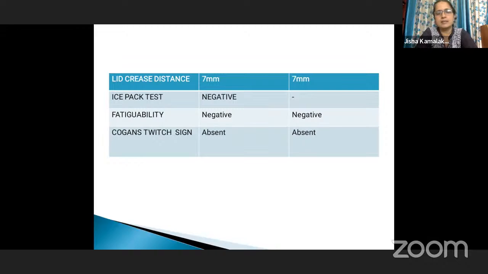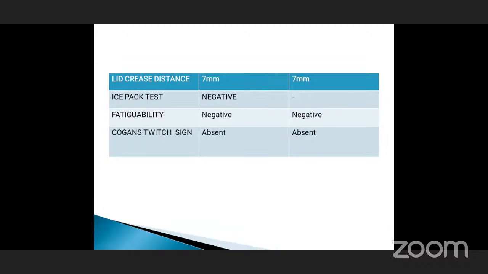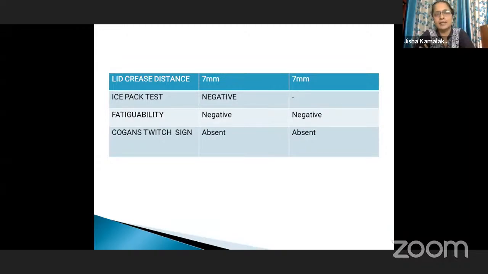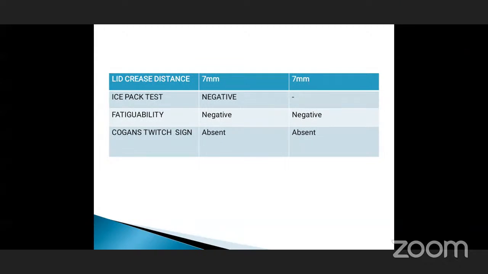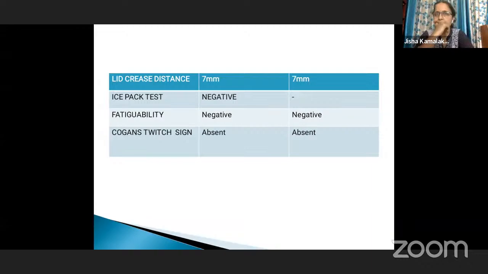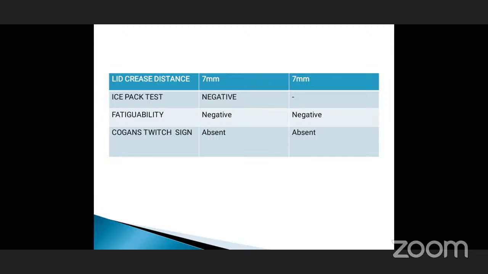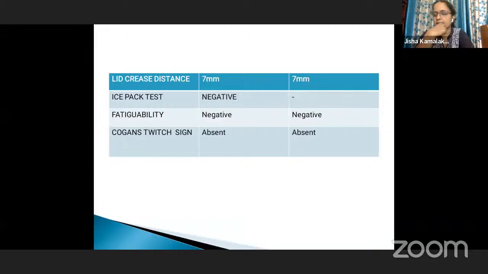Okay. Next. So you had a suspicion of myasthenia in this patient. Yes. But what was the point against it being myasthenia from the history? The patient does not have any diurnal variation. Anything else? There is defective vision. Defective vision is not a feature of myasthenia. Can't it be due to the ptosis? Did you ask specifically whether the patient has poor vision on lifting the upper eyelid? Yes, the patient has defective vision on lifting the upper eyelid. Your examination also revealed very poor vision.